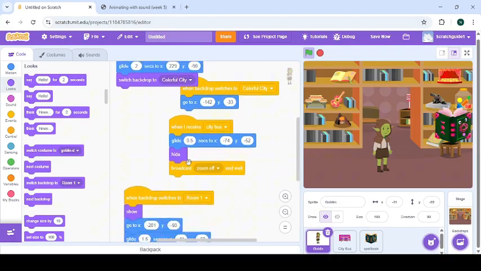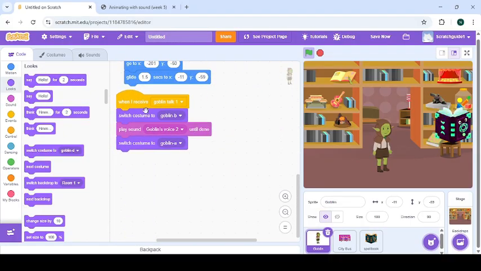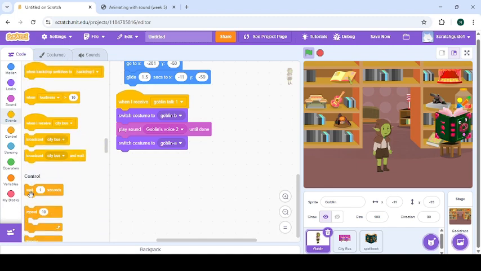That's it. So, oh, you're a magic book. Can you tell me a story? And then it's time for the magic book to respond. But before then, Goblin is going to broadcast a message. So go and create a message. Go to events, get your broadcast block,